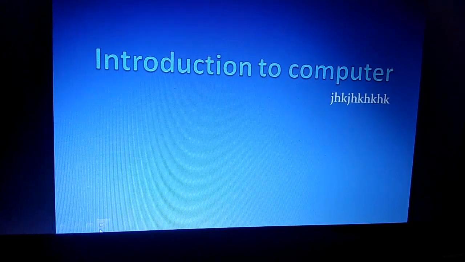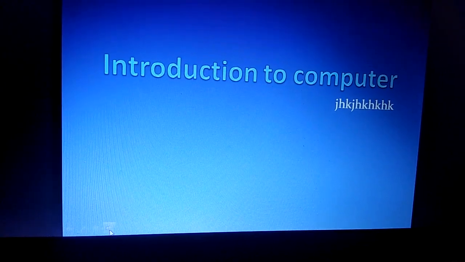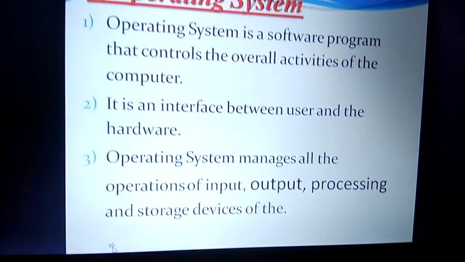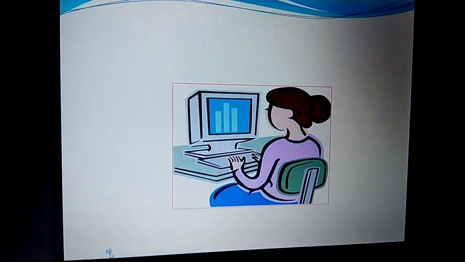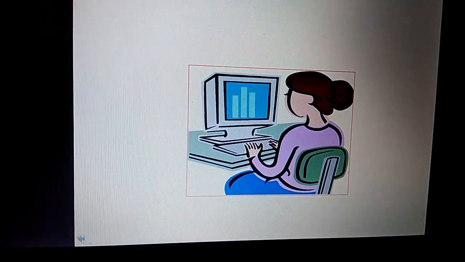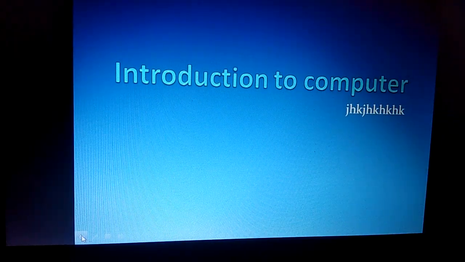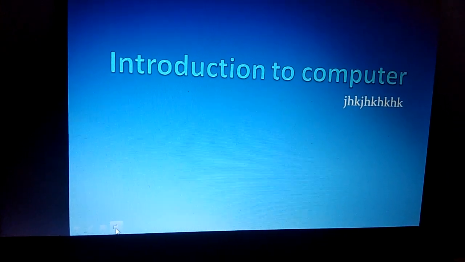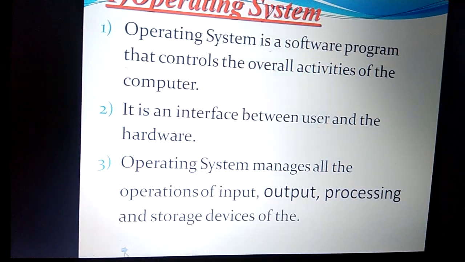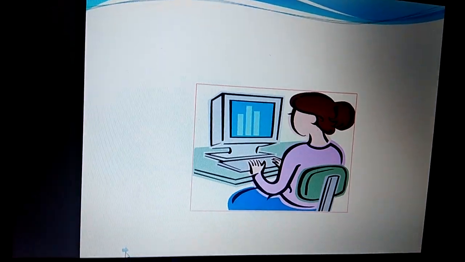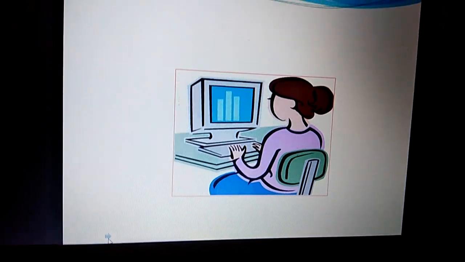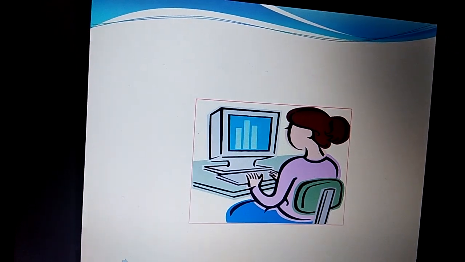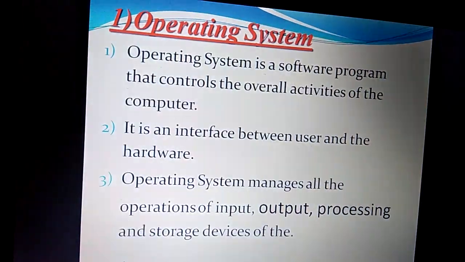For the next slide, press this right button. For the next again. For the previous, you can press this button. And you can also use the enter key for the next slide. You can also use the arrow keys for the next slide, previous slide, like this.